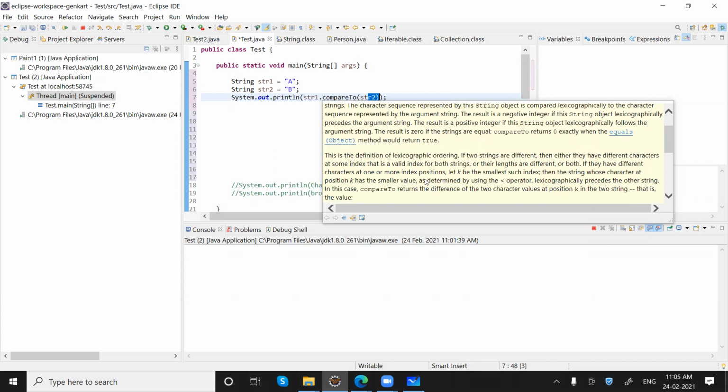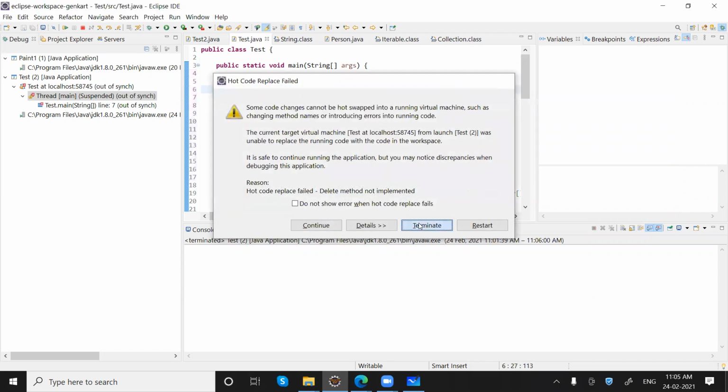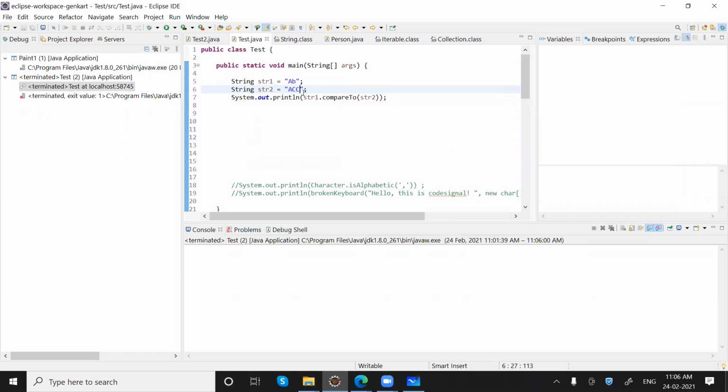So from this point of view, in this example we have AB and ACC. It will not compare all the characters. It will just check these two and these two, and say this minus this. Whenever both characters are equal, it will not do anything.